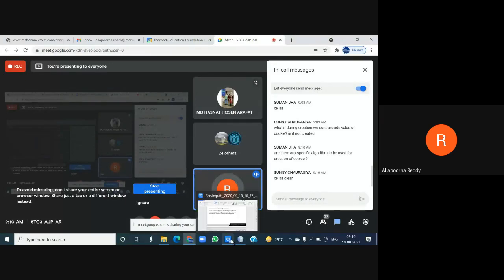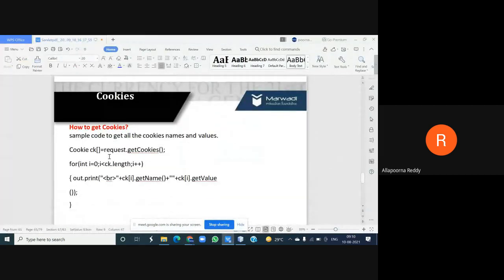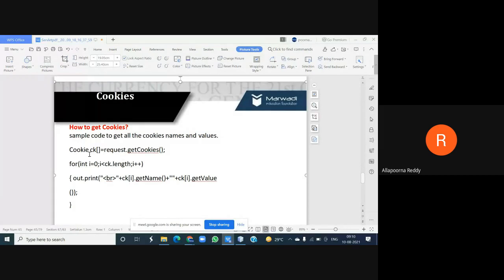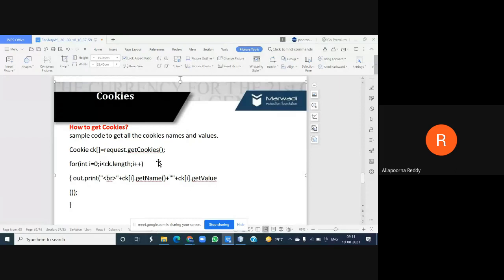As you asked about how the array subscript will be accessed, now just look here. What is the code to get all the cookie names and their values? Here I make a Cookie object array with subscript, request dot getCookies. Object dot method name, getCookies is my method.